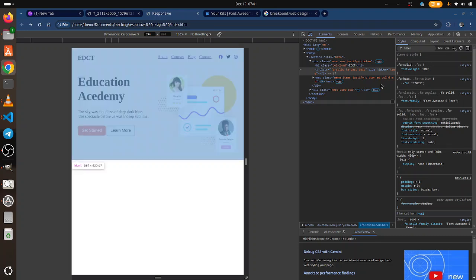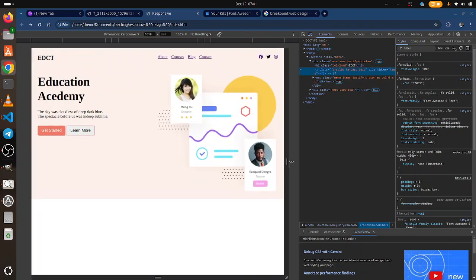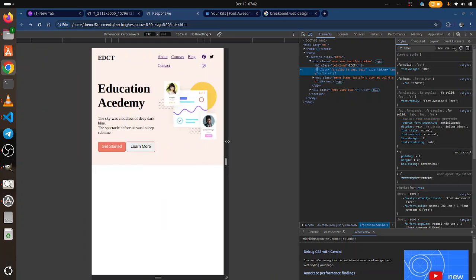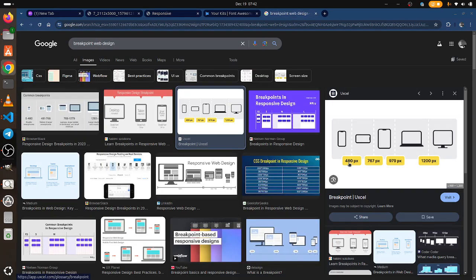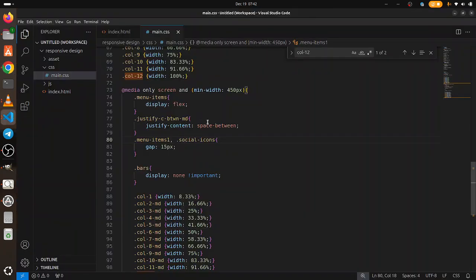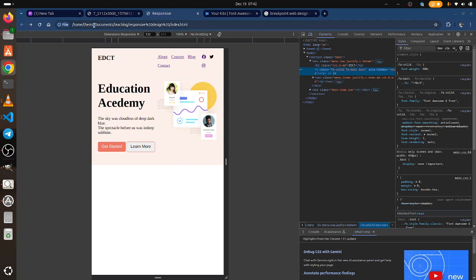You see, our website is already taking shape. That's basically what responsive design is all about. You see, it goes out, it comes in. When you are seeing something like this, it means you either increase your breakpoint or you redefine it and add something. So this is 532. Here it was 480. What do we define in our code? Our code where we have 450. So let me just take it to 480. That way, if I refresh,